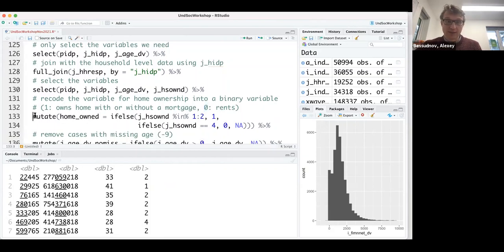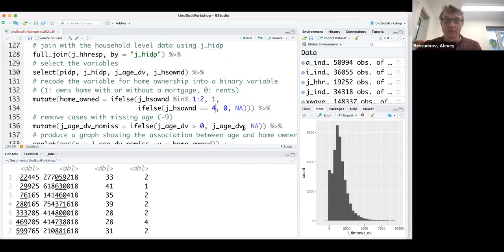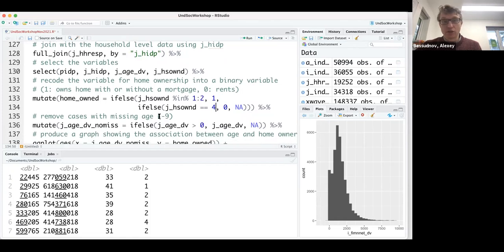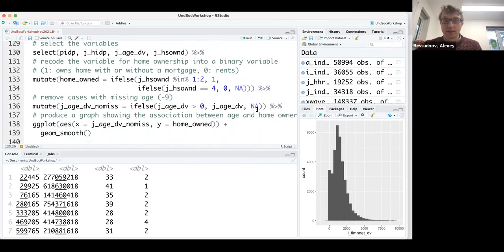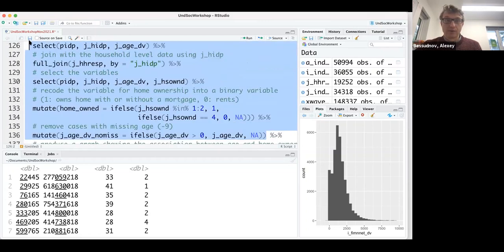So this syntax creates a new variable. It is a binary variable that takes the value of 1 if the original variable is either 1 or 2, and the value of 0 if the original variable is 4, right? And then what I do, I remove the cases with missing age, that's -9. That's going to produce